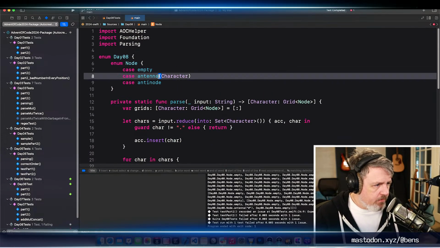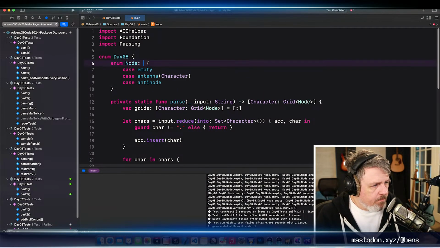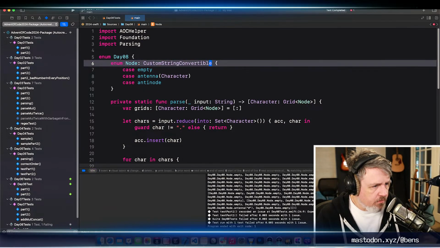Okay, our nodes need to be custom string convertible.